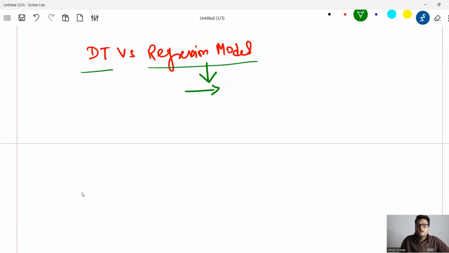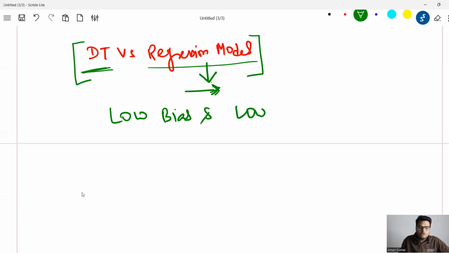In a regression model, I know which variable is doing what. For example, I can remove some variable, I can add some variable, I can see the p-value, I can see the coefficients, I can take multiple calls, right? In a decision tree, there is less scope for playing with the variables, doing some bit of feature engineering. And a decision tree is a high variance model, and regression models are high bias models. Ideally we want low bias and low variance, right? So one of these is high bias, one of these is high variance. That is the challenge.